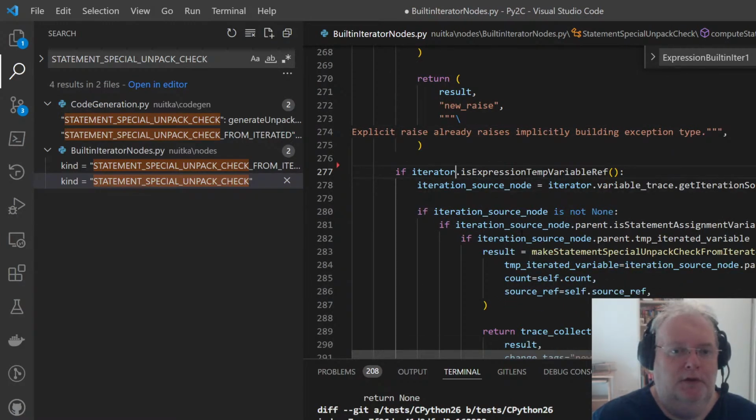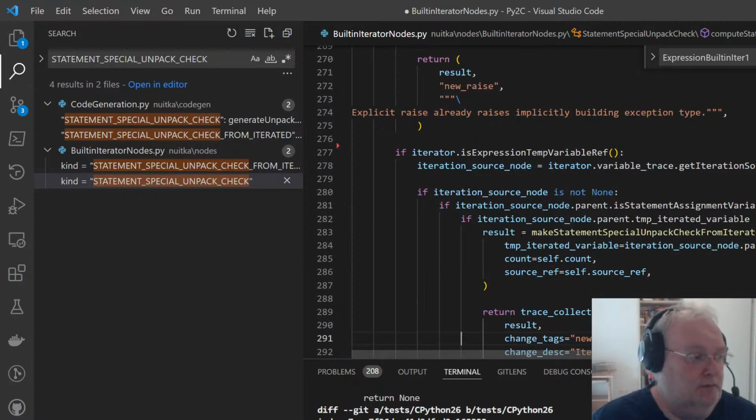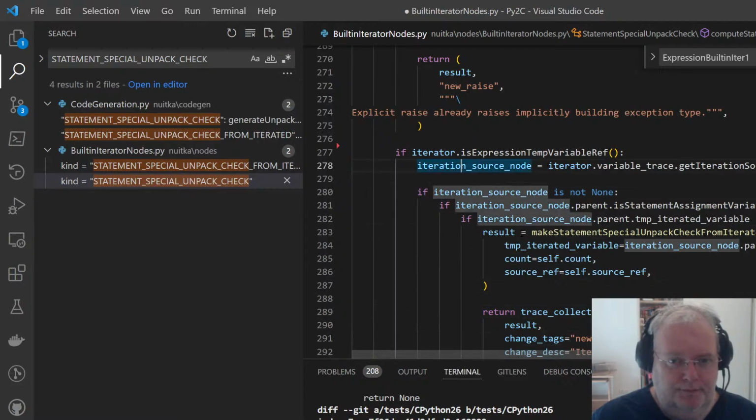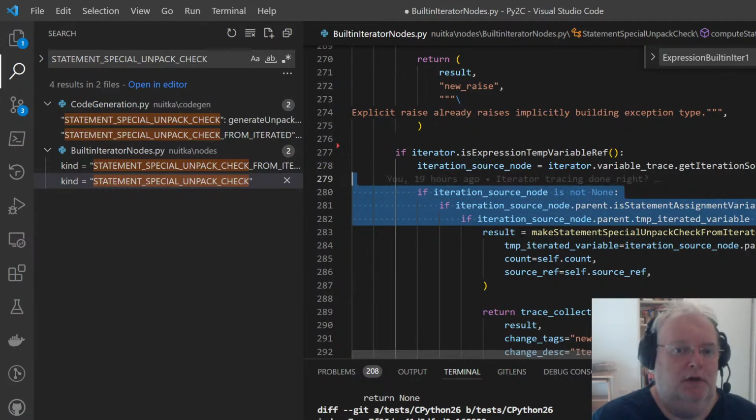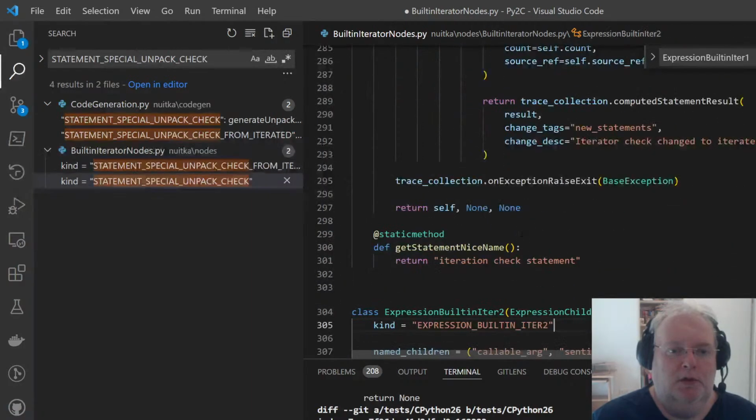So if it's a temporary variable ref, what we're working on, which very well, probably almost always is, then we look at the iteration node, find again if this is the case where it is replacing us, asking us to replace it, and then we create a new node that is a different one, and we ask that node to directly compute itself. Otherwise, we say, well, anything could happen, I don't know.